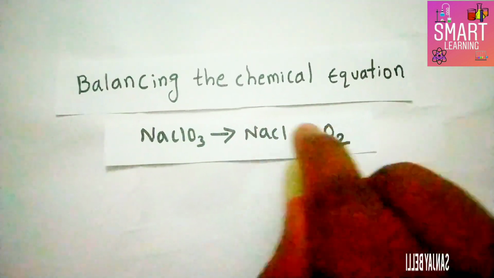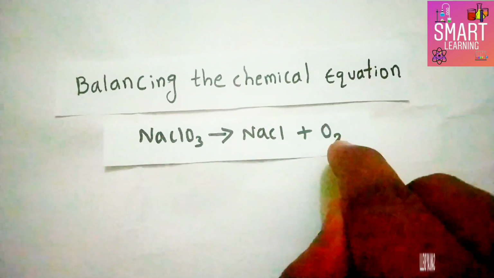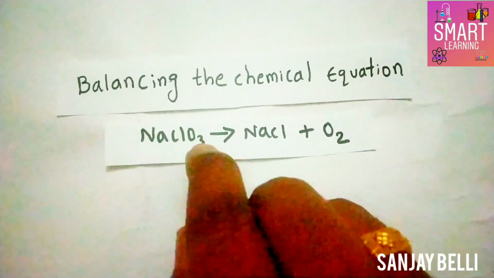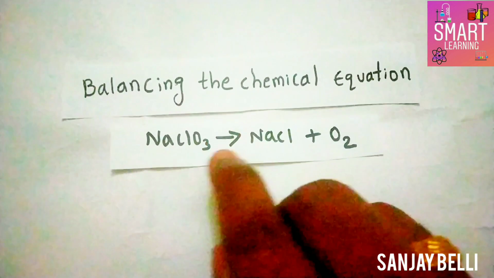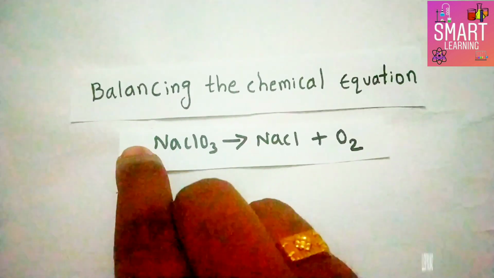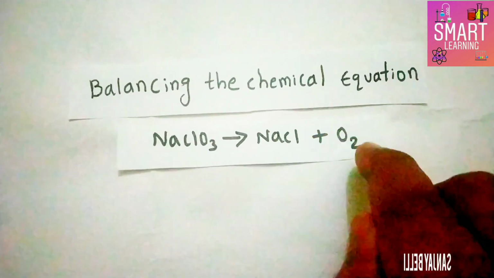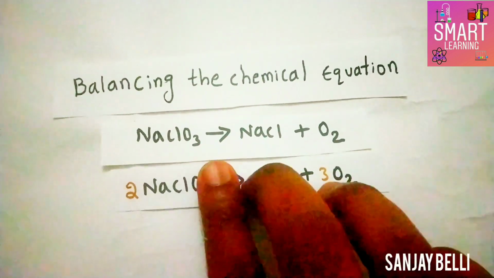So how to balance these oxygen atoms? Here you have 3, here you have 2. So we cannot make 3 on right side or we cannot make 2 on reactant side. So then how to balance this equation? So I will be multiplying here with a factor 2. Why? Because 2 3s are 6, 3 2s are 6. By that I can balance it. So here you can see